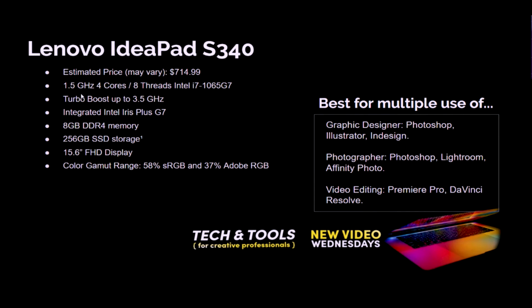All right, so we have a 1.5 gigahertz base clock with 4 cores, 8 threads, much better for multitasking than the category before, and a 3.5 gigahertz turbo clock. Has 8 gigs of RAM, 256 gigs of solid state hard drive storage. But again, like we said,